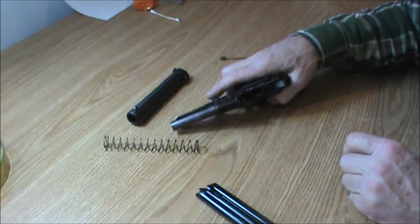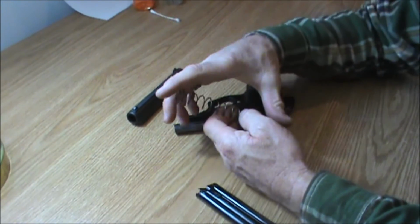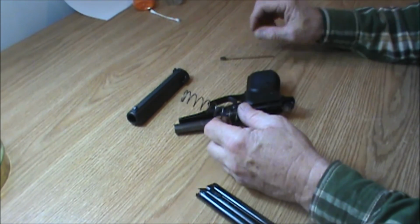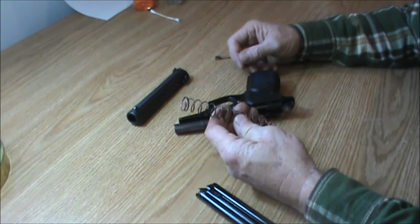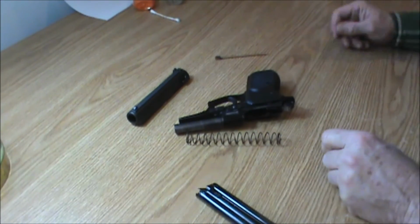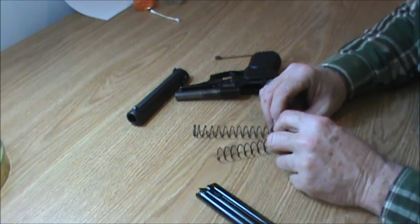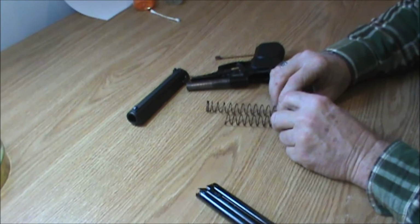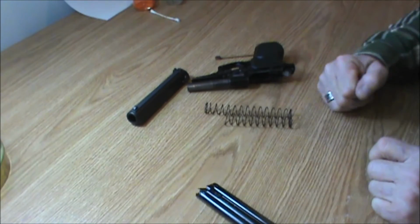So what I did at this point is I thought about the recoil spring. And if I made the recoil spring lighter, it would allow the slide to slide back easier. So I figured I'll start cutting coils off of the end of the spring. Of course, I ordered a new spring first so I could have a spare. And what I wound up with in the end was a spring with 4 1/4 coils cut off of the muzzle